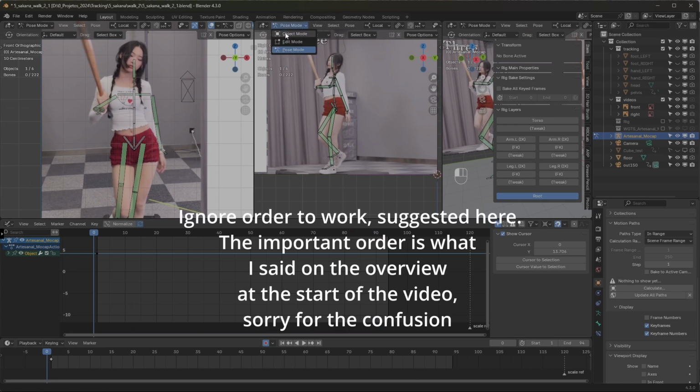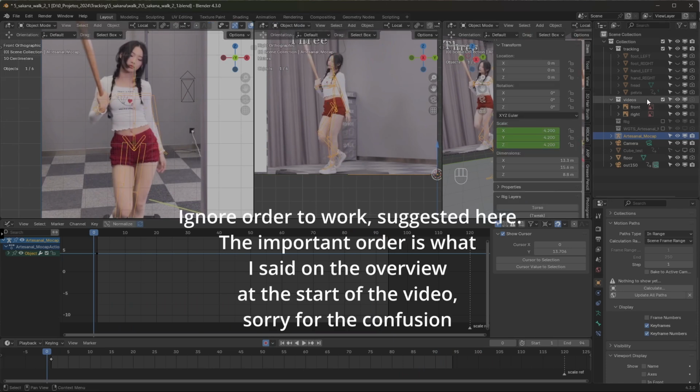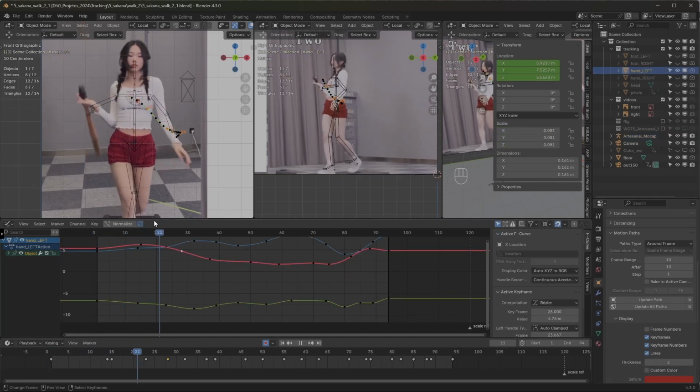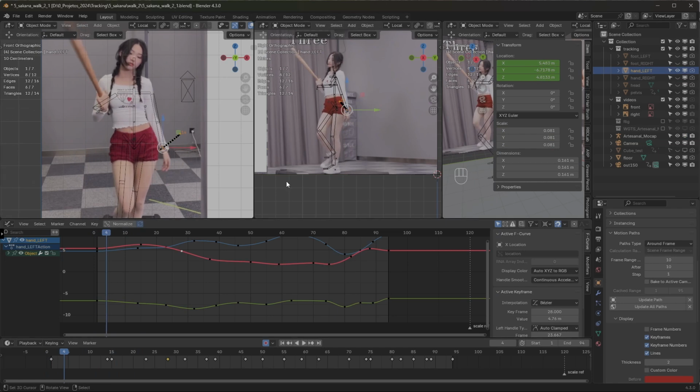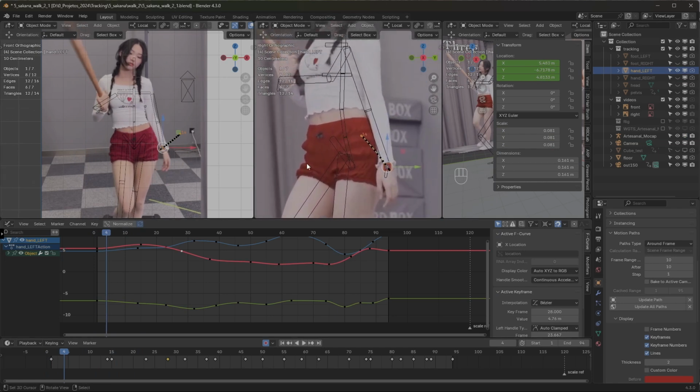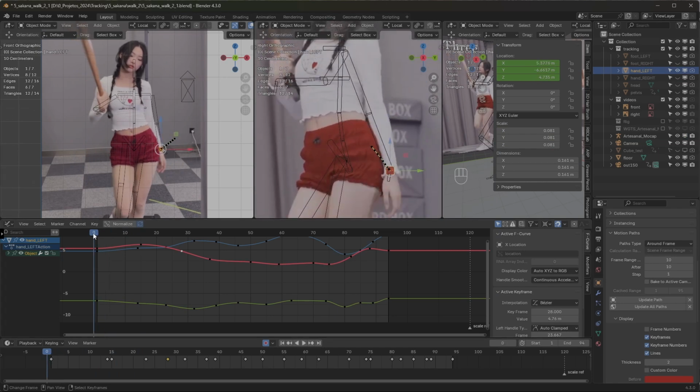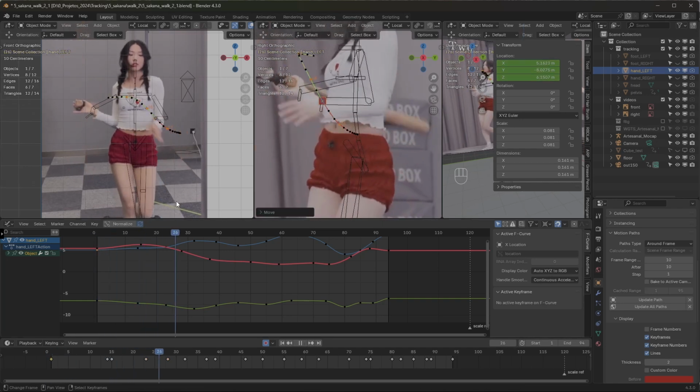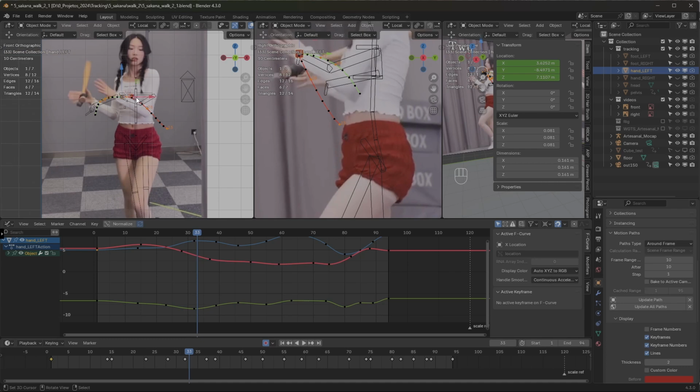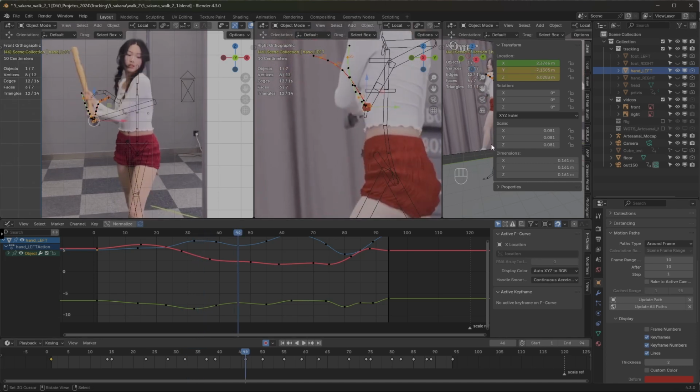So I'm going to take a look first at the left hand. I have to go out to object mode. Let me go to the left hand, and I'm going to watch the moments when the arm becomes straight. Right from here it's already straight, so I'm going to put it up a little bit. You see that it starts flexing, so that's enough for me. Let's still flex it. Okay, you see that it's going into a strained position. We'll deal with that later. We just have to be sure